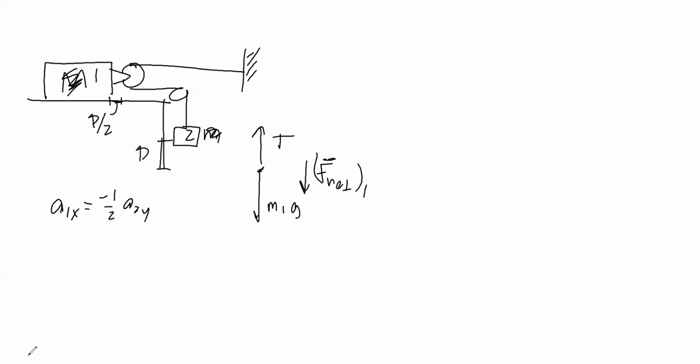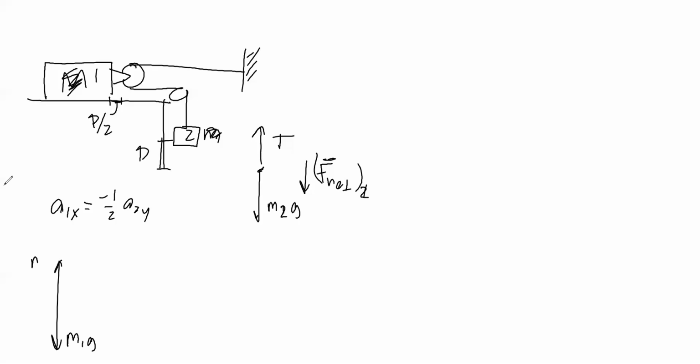I'll draw it way down below. I have the wrong numbers, don't I? This should be 2. So the free body diagram for the fixed one is M1g down,